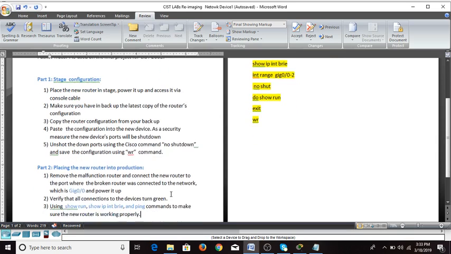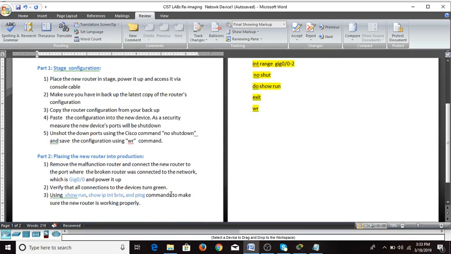The second part is the actual router replacement in production. This is the part that you need to do very quickly and be certain that the new router is going to work. So first you remove the existing router from the network, remove the old router and connect the new router. Make sure the ports on the new router match. For instance, gig 0/0 connects to